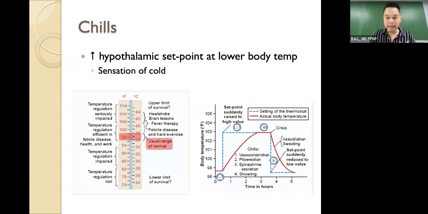Now, in the clinical setting, it is important for us to distinguish fever and chills with the patient because sometimes patients cannot differentiate fever from chills. So they usually interchange these two concepts. So we should be aware that fever is the increase in body temperature above normal, whereas chills is the shivering mechanism being activated since the set point, or the hypothalamic set point, is high.